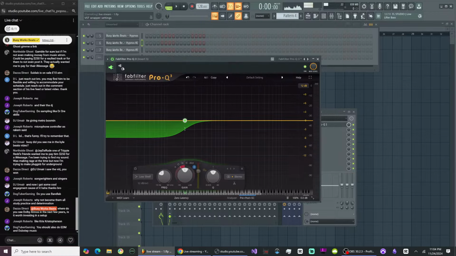So now I'm going to quickly move through this beat so we can move to the next beat because we've been on this one for a good, how long have we been streaming? Does it tell you? Where does it tell you? Scheduled for 10, probably an hour. Let me see. Yeah, we've been live for an hour. Okay, I need to move to the next beat. Oh my goodness. Got to move to the next beat.